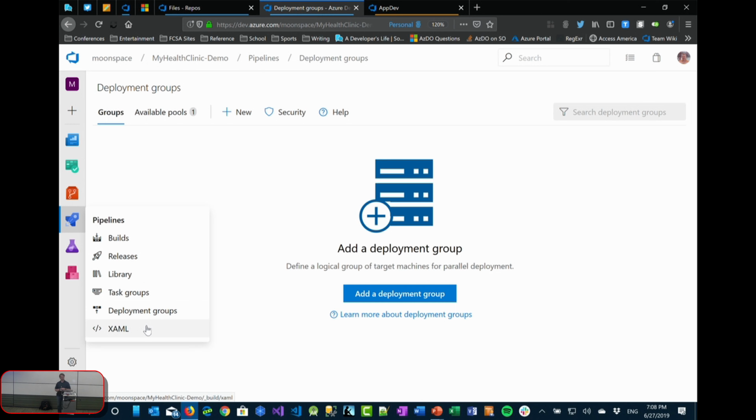Last one is XAML. Previous to these builds, I don't know if anybody remembers it. Well, some of you are in TFS, you're still using the XAML builds then, likely, right? The XAML builds have been deprecated. If you create a new project today, typically you won't see XAML, but if you have a legacy project that had XAML builds, they'll still show up. And the XAML builds were all you had for, I don't know how many years, like 10 years or whatever it was, quite a while. Until they finally came up with the new look and feel, which is a huge, huge improvement over what there was.